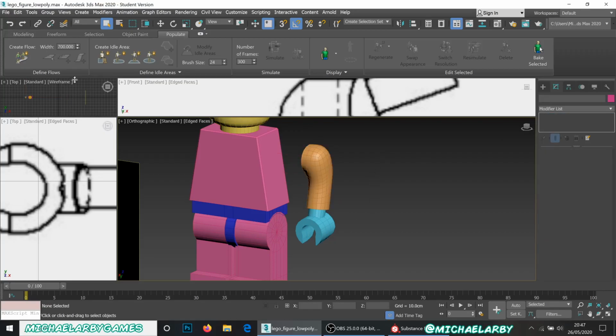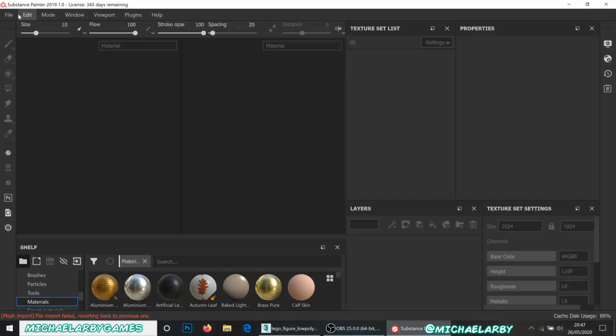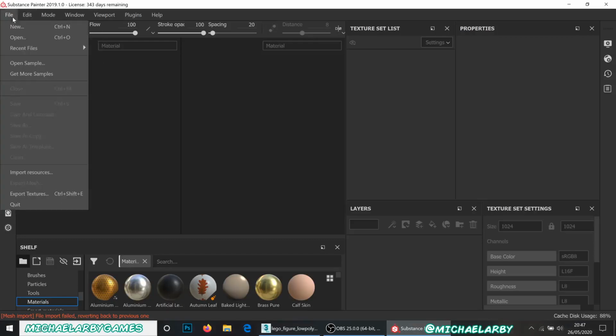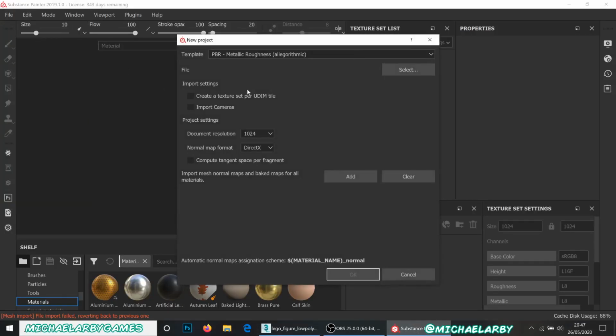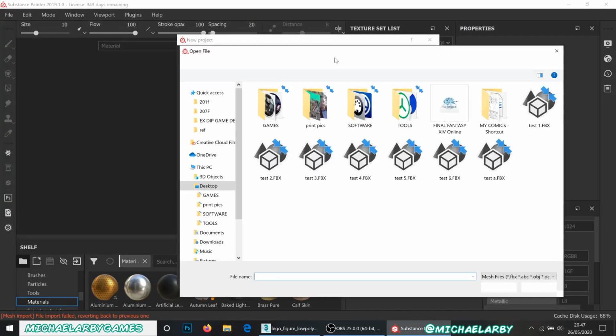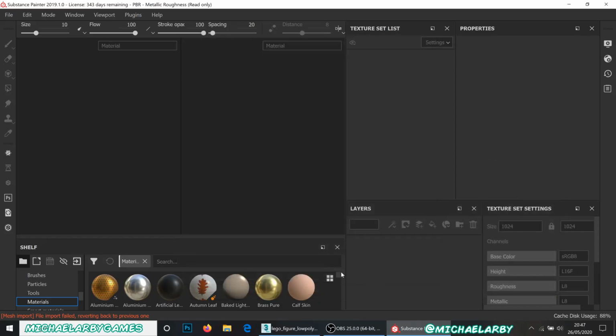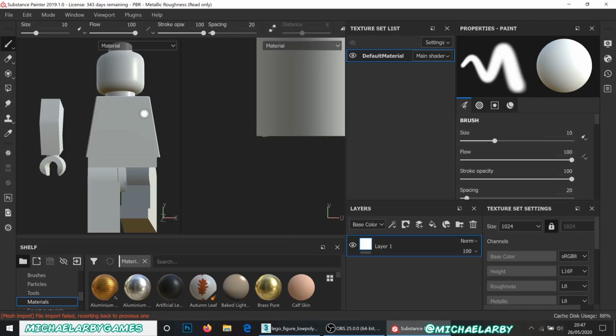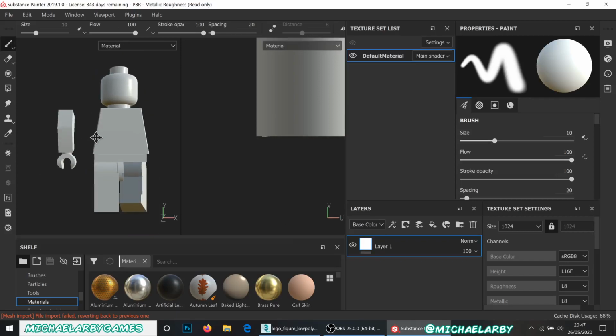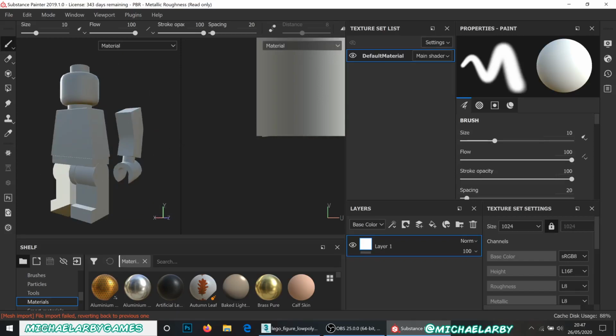Now, when we exported that and we had the turbo smooth checked, you would think that would mean, yes, include the turbo smooth. But the wording is a little bit strange. So what I'm going to do, I'm going to go over to Substance Painter now. And I'm going to start a new project with that little test model that we just made. Test A, there we go. And look at a few of the problems that we're getting here. First of all, you can see that arm, it hasn't applied the turbo smooth,